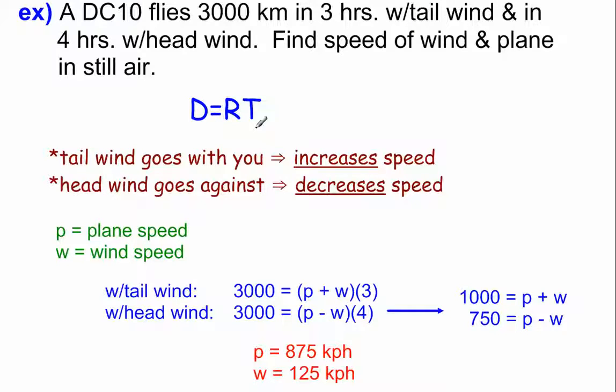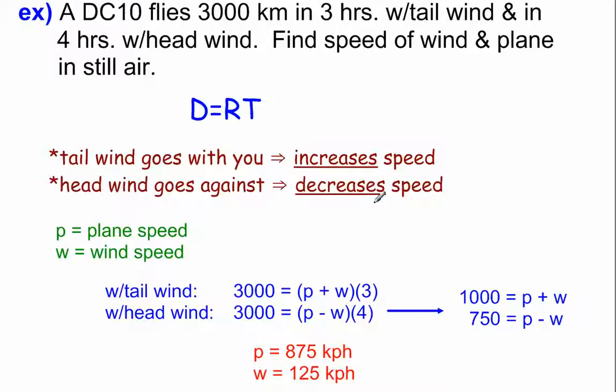So we have to remember this common formula, the DIRT formula as I call it: distance equals rate times time. We also have to have a little bit of common knowledge here that says if I've got a tailwind that's going with me, that's going to increase the actual speed of the plane. So one thing registers on the speedometer, but another thing is actually happening, the actual effective rate. If I'm flying with a headwind, or against the wind, that's going to decrease or slow down, take away from